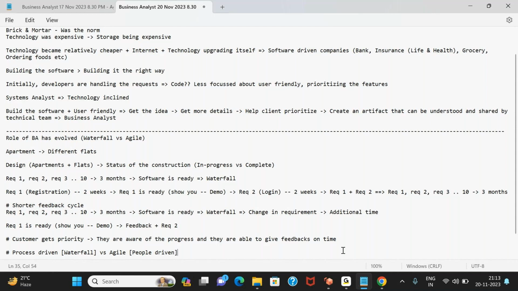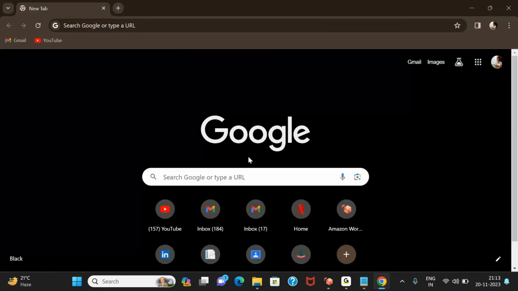So what it means is, in waterfall, when the customer comes to you in the middle of your work and says that I want some change in requirement, or I want a lot of changes in requirement, what you tell the customer immediately is that, hey, we have already started coding. So now, because we are in the middle of coding, let us evaluate how many requirements you are going to add or change. If it's a very minor thing, as in, let's say here you show Google written over here,